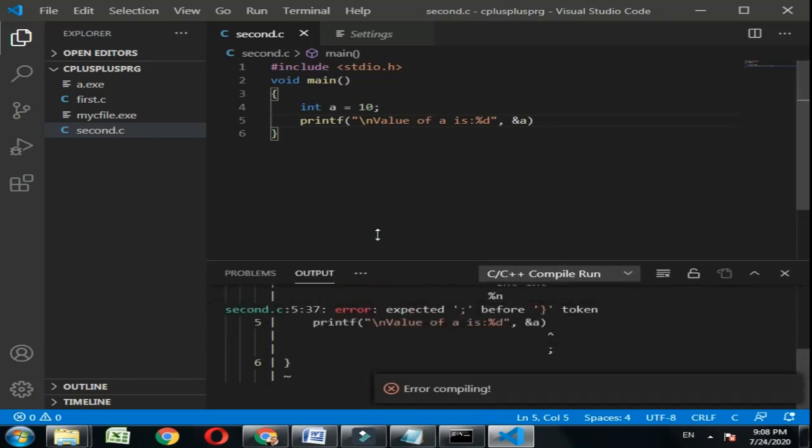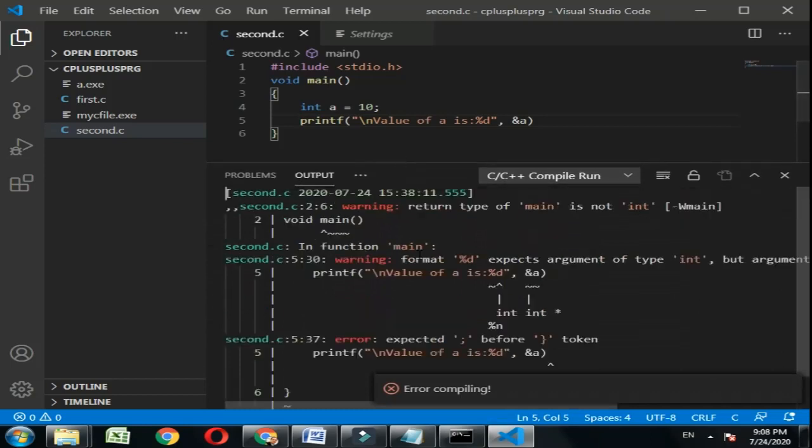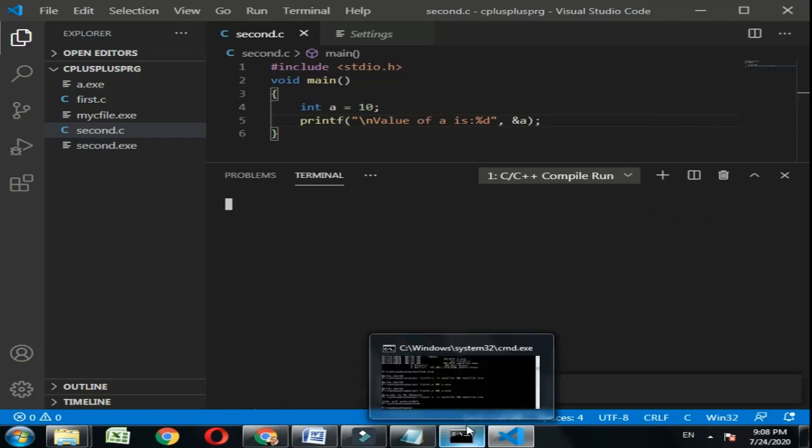If your program has an error, it will show the error. Because we haven't used a semicolon with a few statements, that is why it is giving an error. So again we put the semicolon, save the program and press the F6 option. Let's see whether it compiles or not.